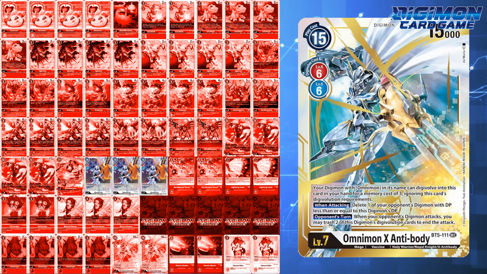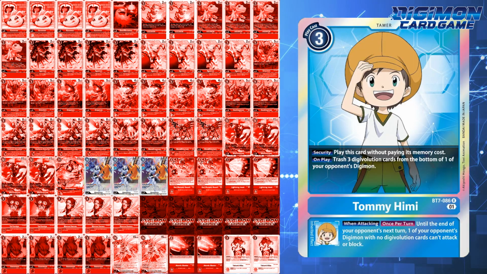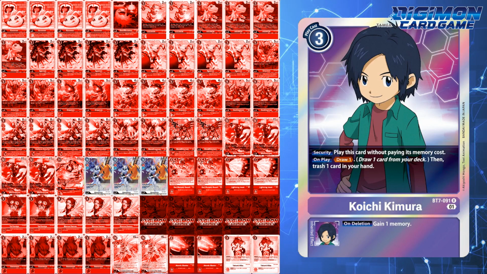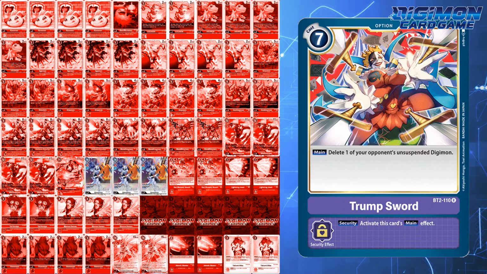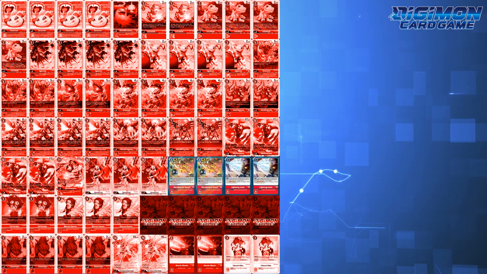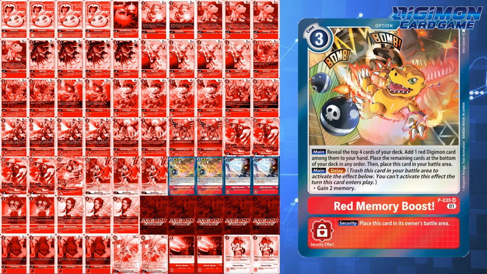Other popular colors like blue have the capability to strip your evolution sources to prevent your Omnimon from negating attacks, but have no destruction effects to remove. And purple? No one runs Hell's Gate, Trump Sword can only work if Omnimon X Antibody is unsuspended, and Fly Bullet does nothing. For option cards, this deck runs 4 in the form of 2 Red Memory Boost and 2